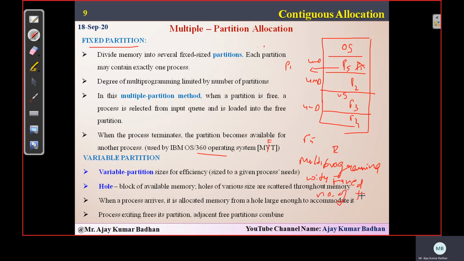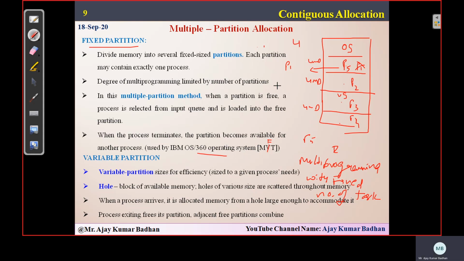T is nothing but task, M is nothing but multi-programming, F means fixed. If we have a fixed slot, we can have only a fixed number of processes within that. So initially, how many processes can this particular RAM accommodate? Only 5. Oh, sorry, 4: 1, 2, 3, 4. We have 4 slots. So only 4 processes can execute simultaneously. Whenever one process completes, it comes out and the next process comes in. But at a time, only 4 processes can execute. So the degree of multi-programming for this particular main memory is 4.